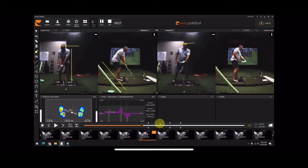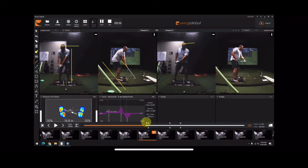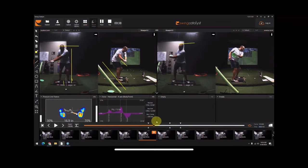Okay? And so what I want you to notice is when you take the frisbee back, you load. All right? So let's go back to as you take it back, you load. And your first move to start back down is I want you to notice that you have a little bump and a squat. Okay? So if we look over here at that same thing,